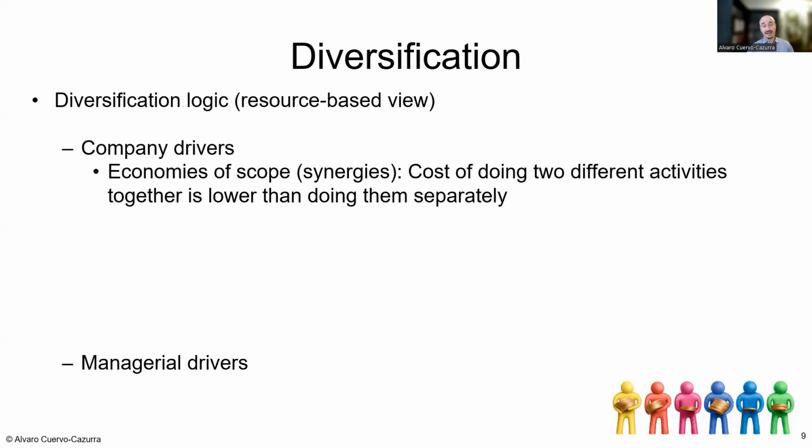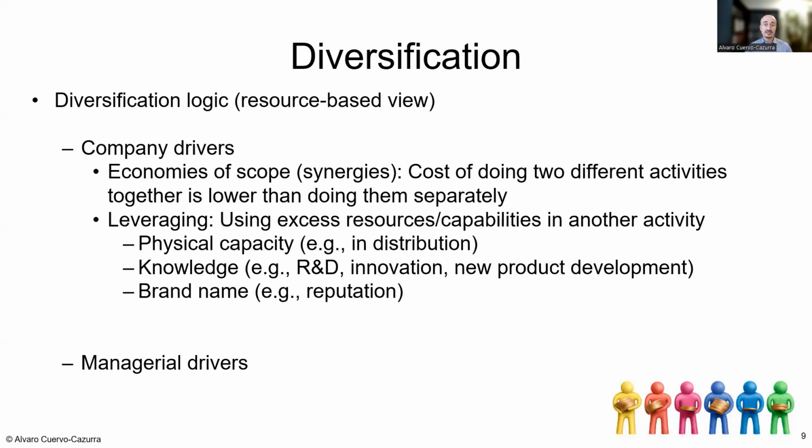There is also, and this is somewhat connected to economies of scale and synergies, the notion that I have excess resources and capabilities. So I happen to, for example, have a big plant. I'm not using all the plant all the time because I don't have a market to serve. An alternative is to internationalize or to grow in other markets, or an alternative is, well, why don't I use this big space to produce other things? I have distribution, I have my trucks taking things from one place to another. I have spare capacity. Why don't I also distribute something else?